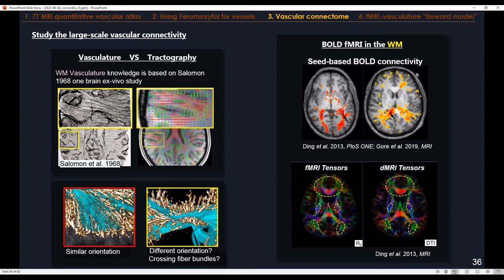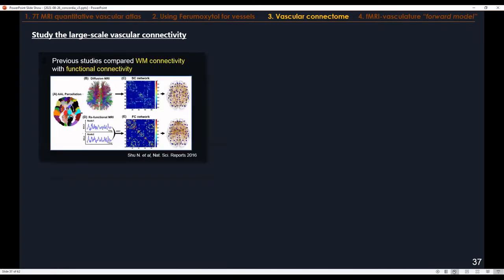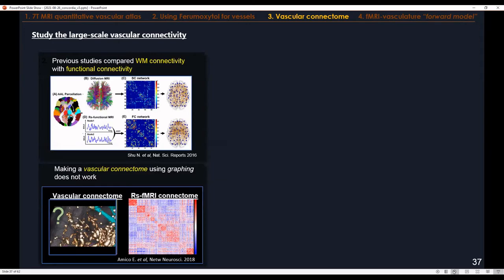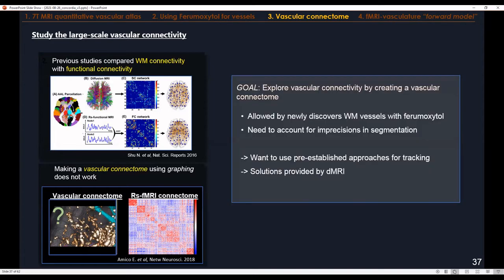So inspired by this, we wanted to do something similar and go towards dMRI approaches to be able to do this analysis here. As I mentioned, previous studies compared white matter connectivity with functional connectivity. In our case, we want to add the vascular connectome, but it's hard to do because, as you can see at the bottom left,